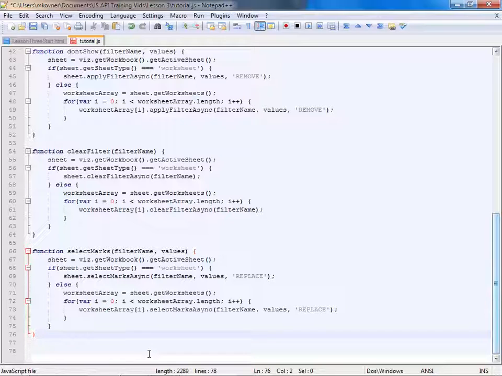And that pretty much covers it for selecting marks and categorical filtering. Now, a lot of you may be wondering at this point, why every time we call one of these, all the function names have that word async at the end. And that's because of the nature of this API, that it's asynchronous programming. Whether you understand what that means or not, our next tutorial video will cover what that means and how you handle that. How do you take advantage of the fact that it's an